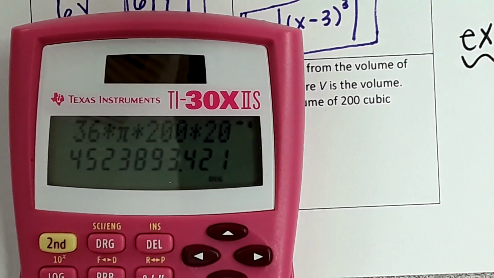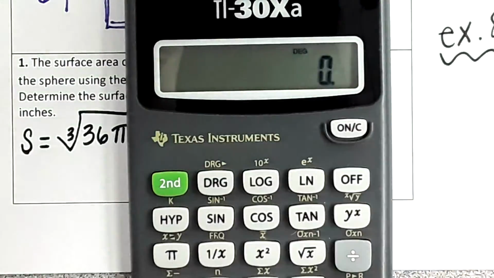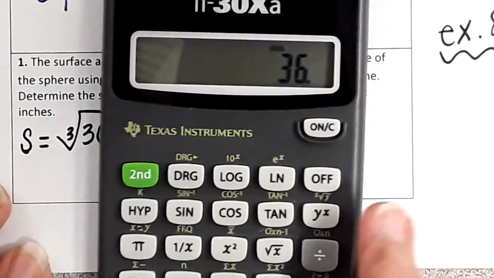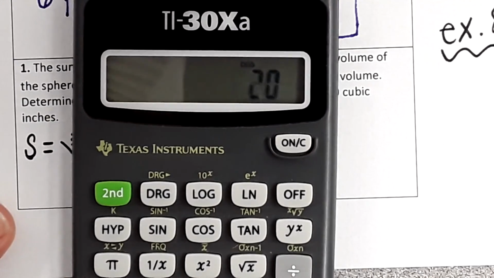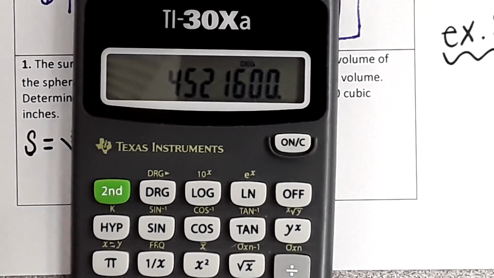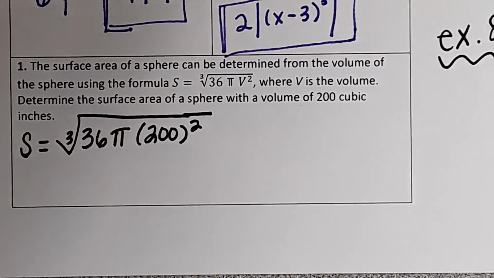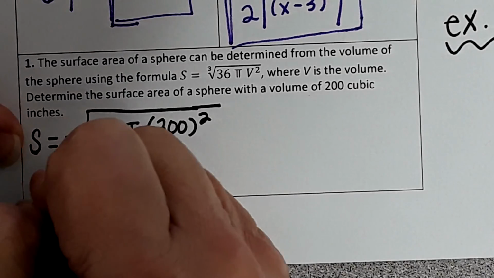If you don't have a pi button, you can use 36 times 3.14 times 200 times 200. It's going to be a little bit off compared to if you use pi. So S equals